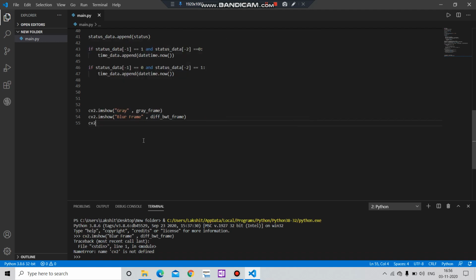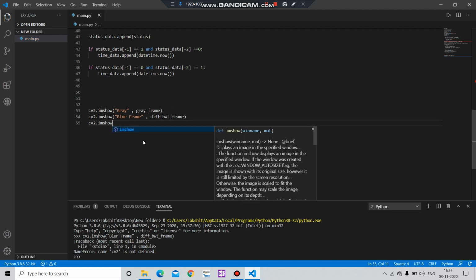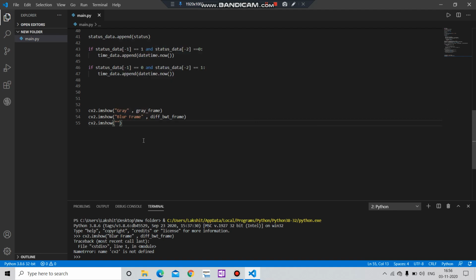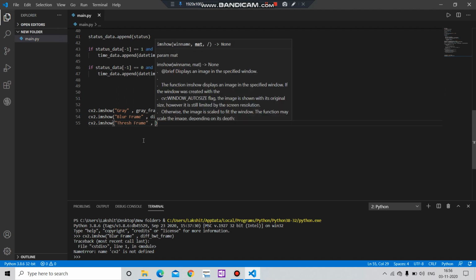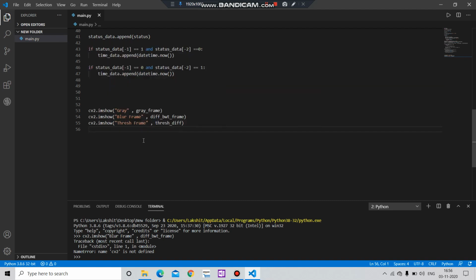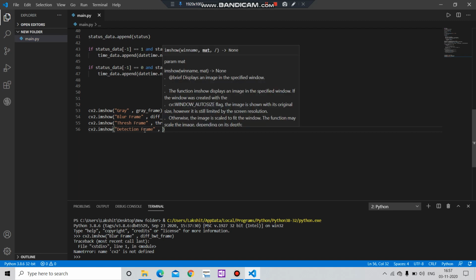After that, cv2.imshow. Here we will pass the, let's name it threshold frame, sorry, comma, and we want to pass here frame difference, and the last window is imshow the object detection image, object detection frame. Sorry for my voice guys, I'm not well, that's why. Detection frame, comma, we want to pass here frame. Okay,